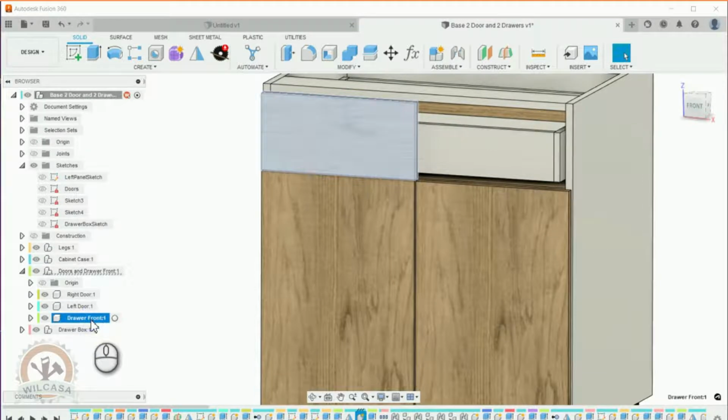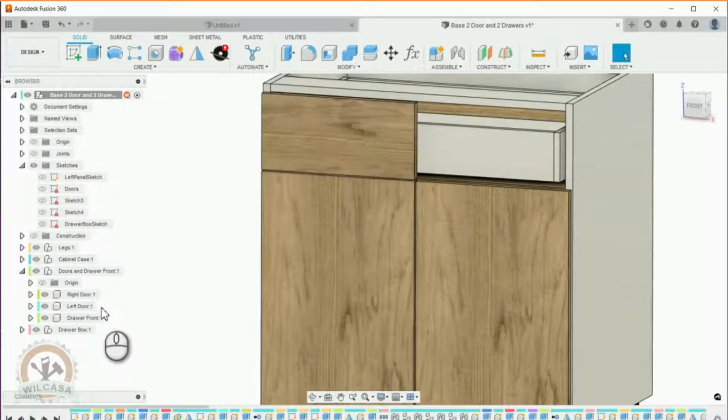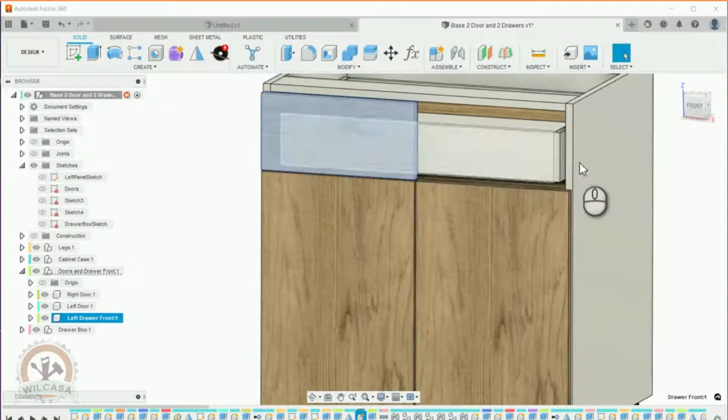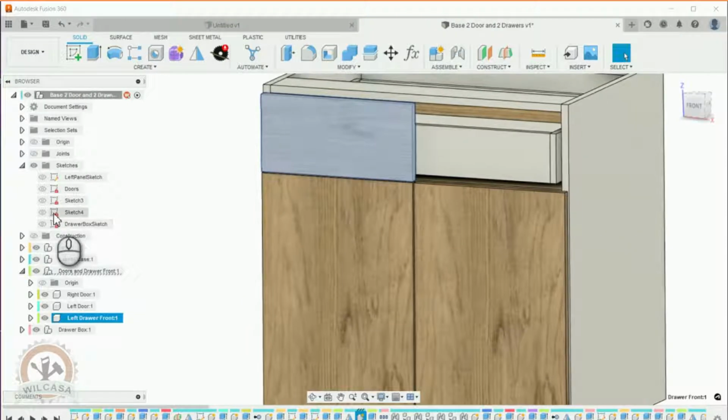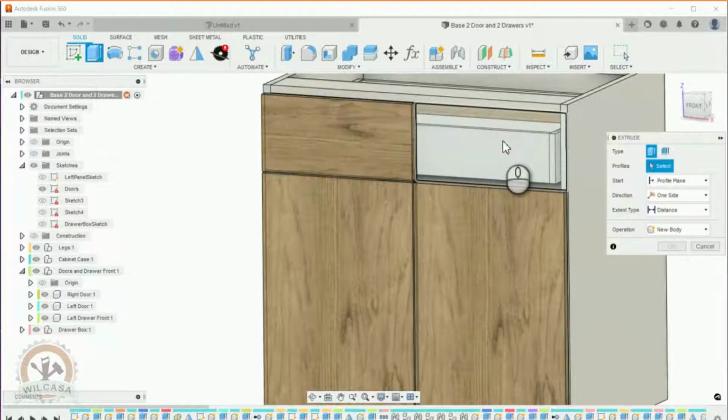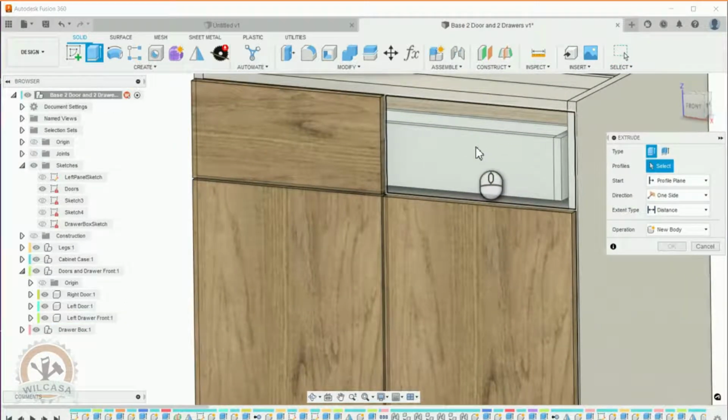So this drawer front, I need to rename it. So I'm gonna put over here left drawer front. Okay. Now I need to show the sketch for the doors again, because I need to extrude the other drawer front. So I'm going to hit over here extrude command, and I'm going to select this profile,